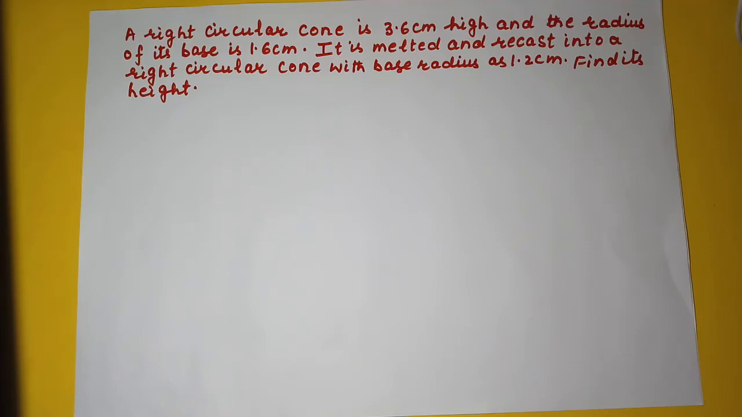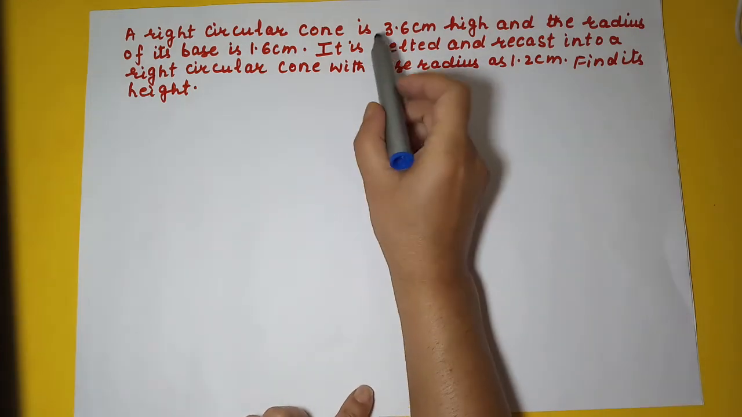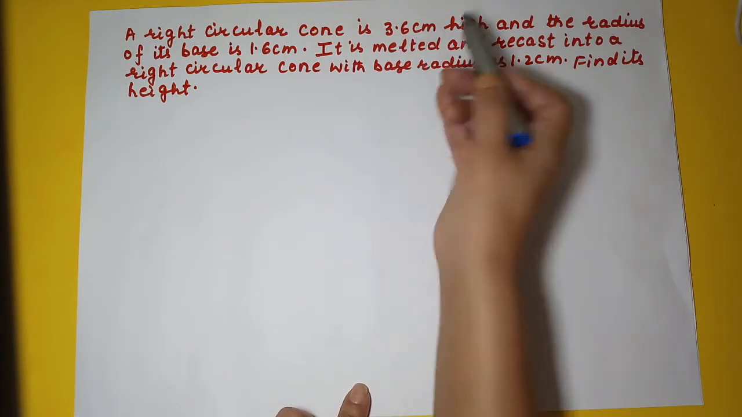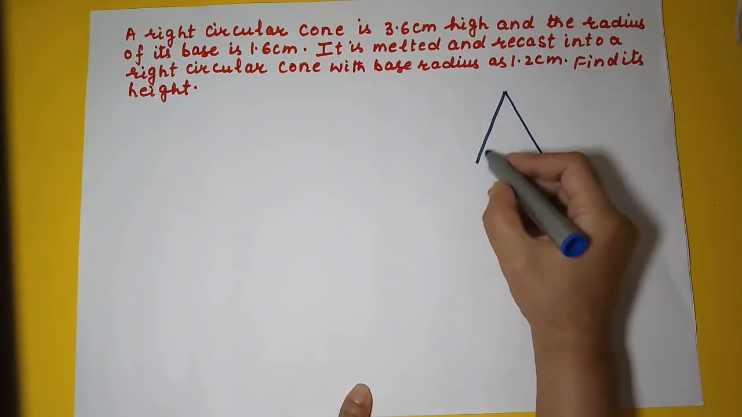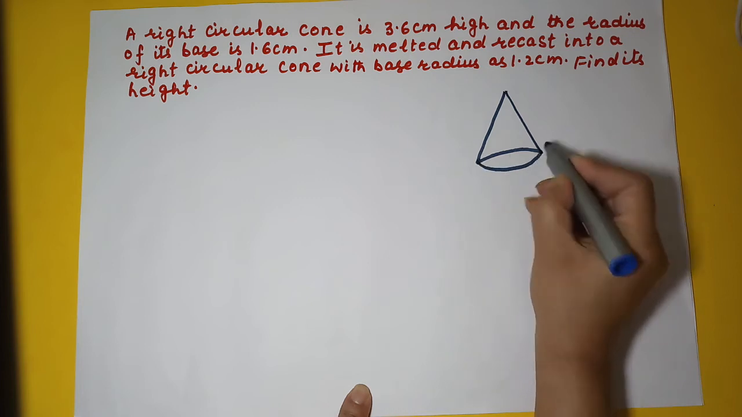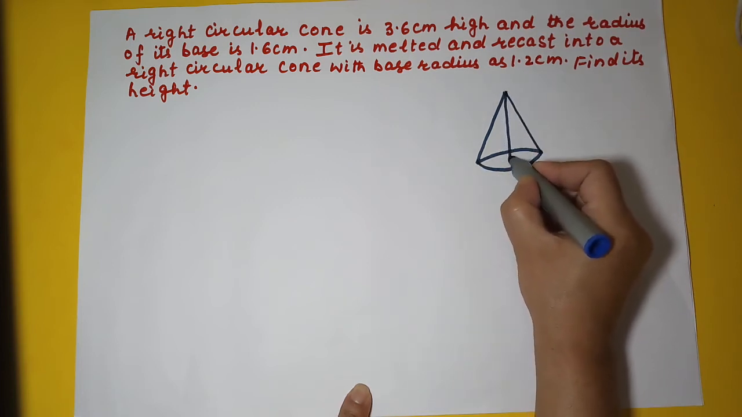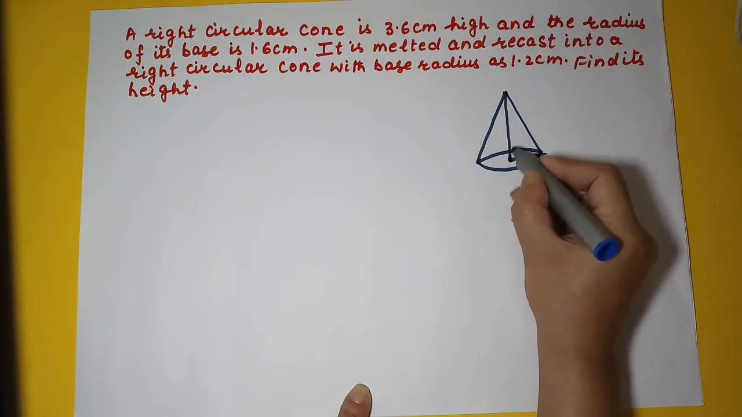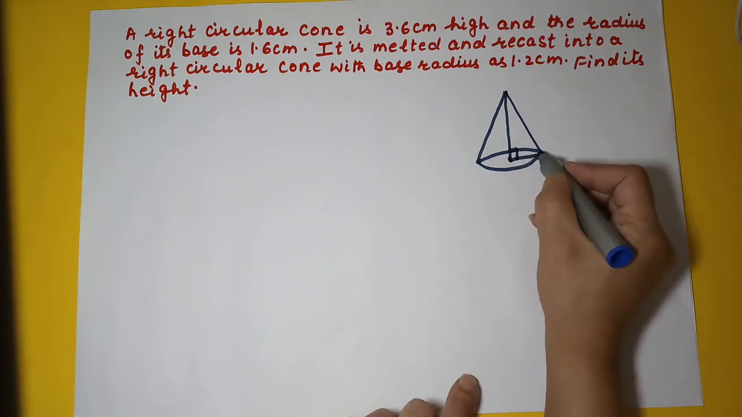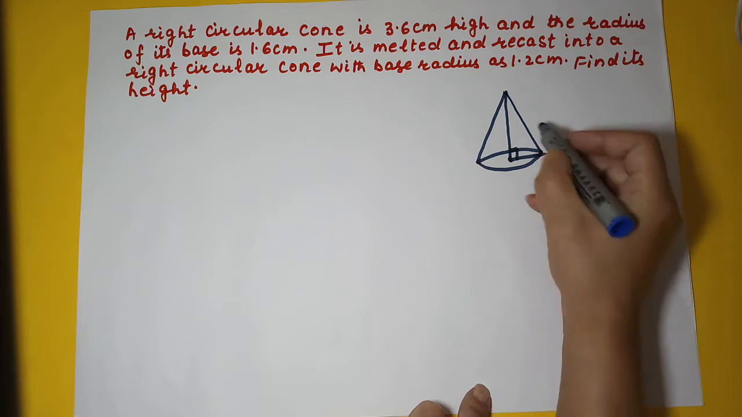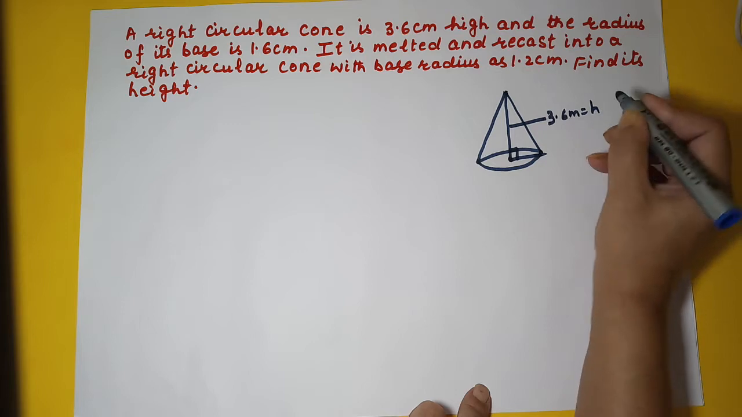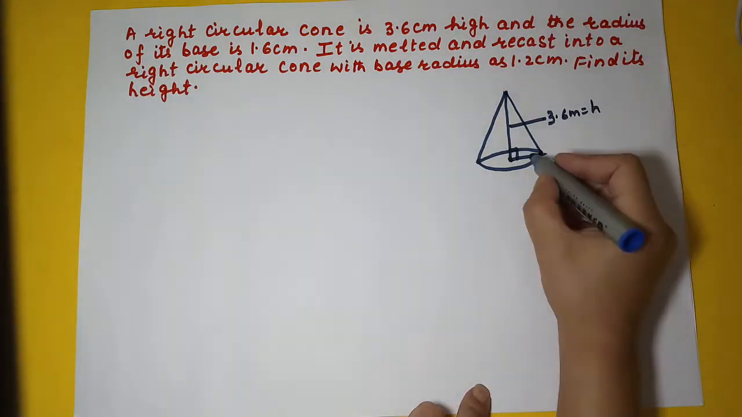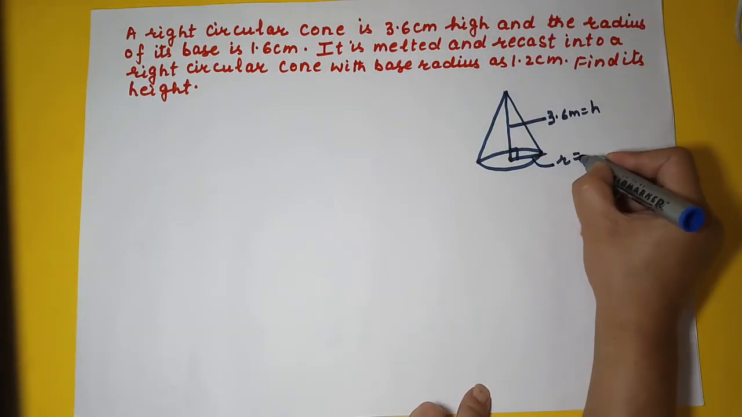In this video, we are going to continue with the cones. The question says that a right circular cone is 3.6 centimeters high. So let's make a right circular cone, where the base and the height are at a 90 degree angle. This is 3.6 centimeters high, which is its height, and the radius of its base, this is r, is equal to